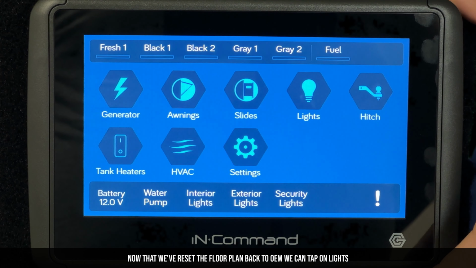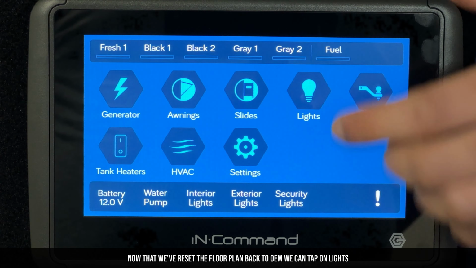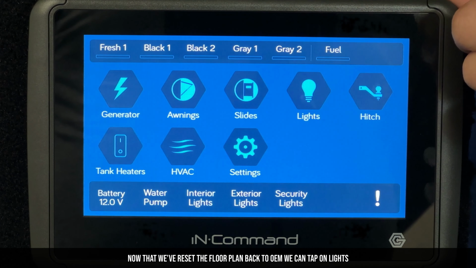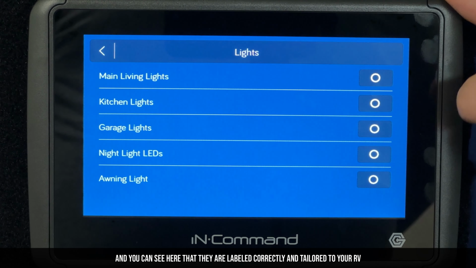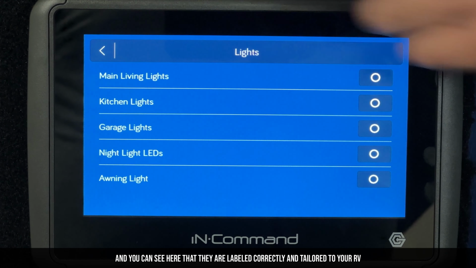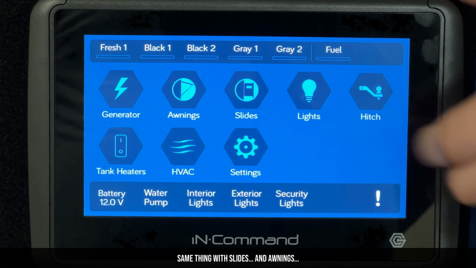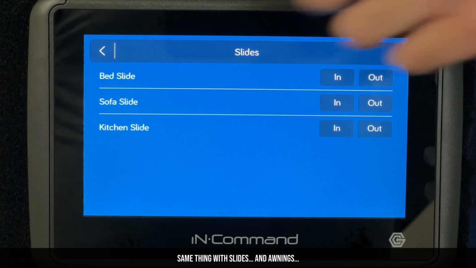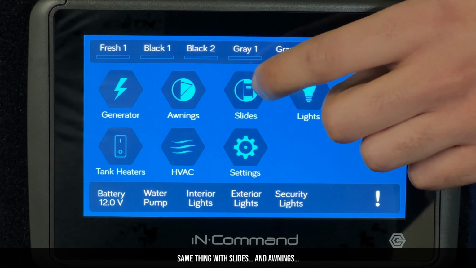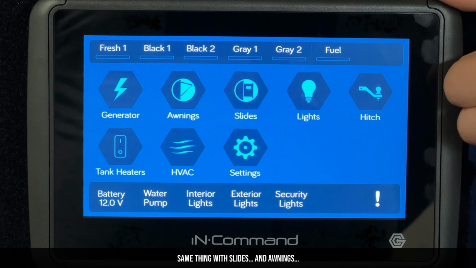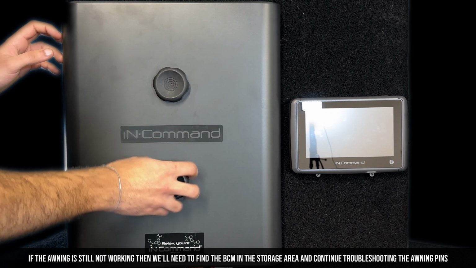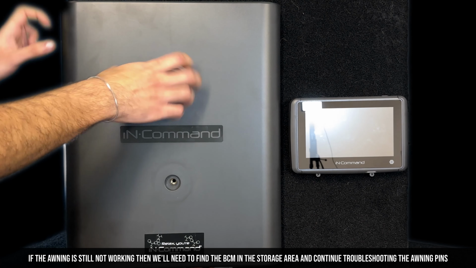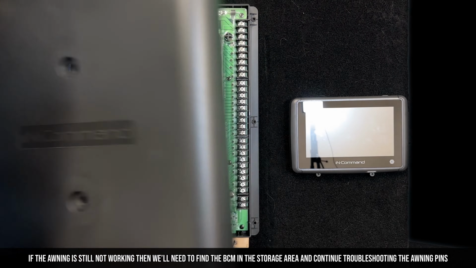So now that we've reset the floor plan back to OEM, we can tap on lights, and you can see here that they are labeled correctly and tailored to your RV. Same thing with slides and awnings. If the awning's still not working, then we'll need to find the BCM in the storage area and continue troubleshooting